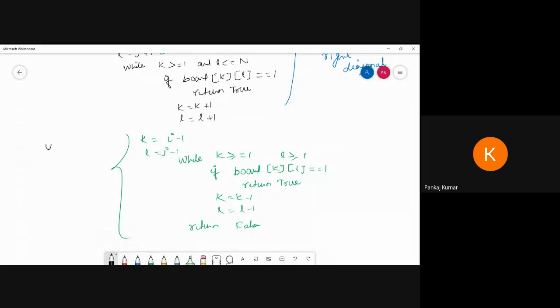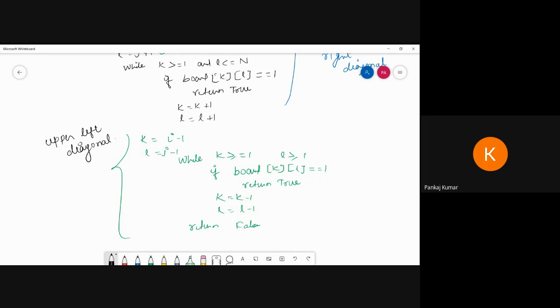So for this one I am writing upper left diagonal. Okay, upper left diagonal, so return now. Our function will take the row, number of pins, size of the board, and the board itself. So we have to pass these to our function.